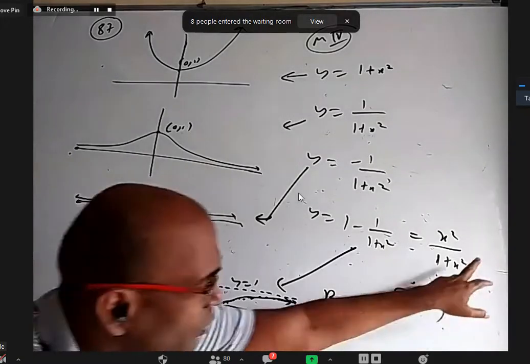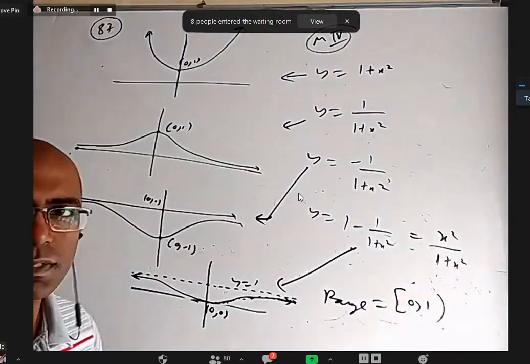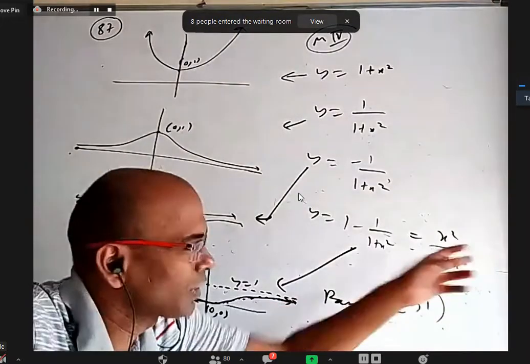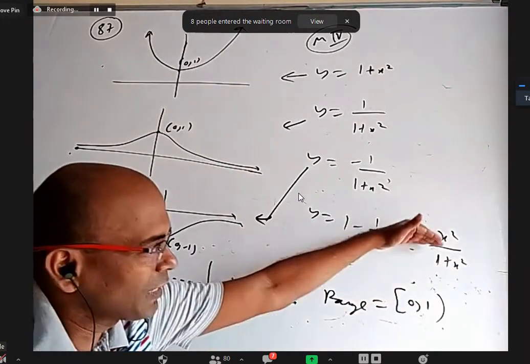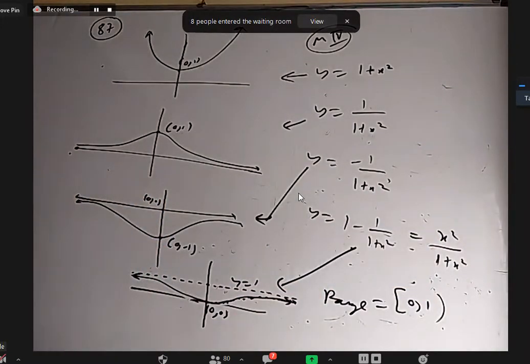Like earlier, I took x equal to 3 and I said there is no solution. When I took x equal to 1 by 3, there is a solution. Without solving also, I can tell when I take x equal to 3, how can a solution be there? Because something less divided by something more, how can it be equal to 3? Not possible. Okay, so we discussed a total of 5 methods, including the last method, a little bit of mathematical common sense.